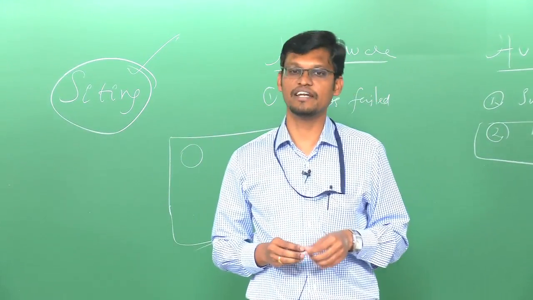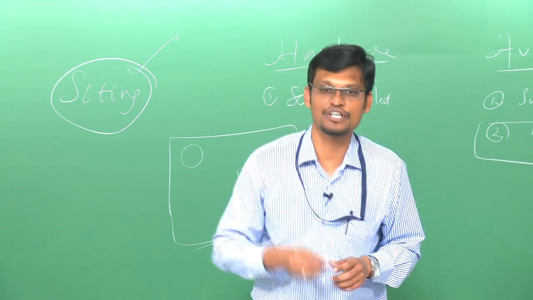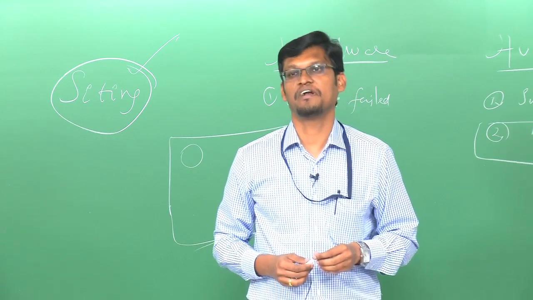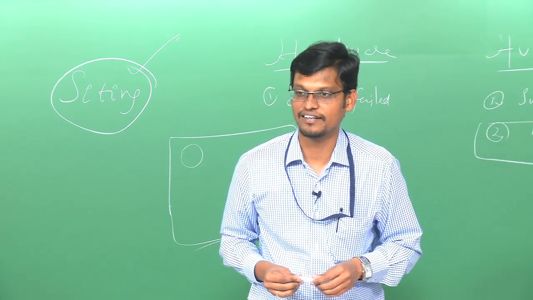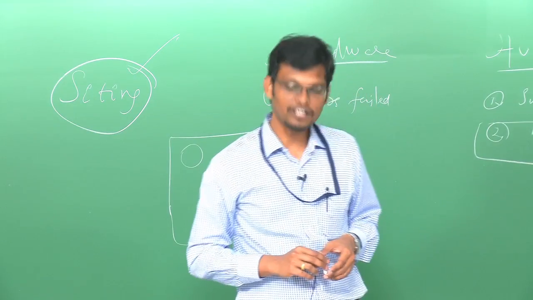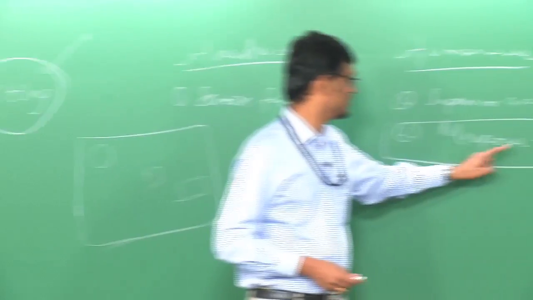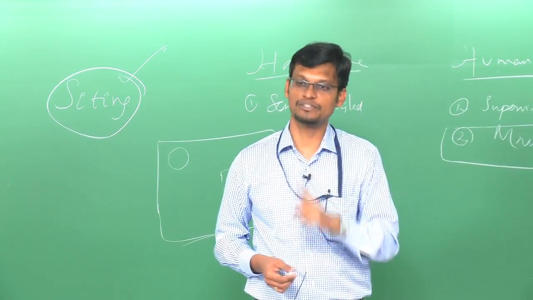How many of you have visited an industry, a process industry? Very good. Which industry did you go to? Paper industry. I am afraid I cannot give you an example from that, because that is not controlled from the control room. Any process industry? No. Fertilizer. Okay. Fertilizer you have gone. Have you gone to the control room? Yeah. Okay. So, from that context, can you say why this is important? Why do you require 2 operators, why not 1?